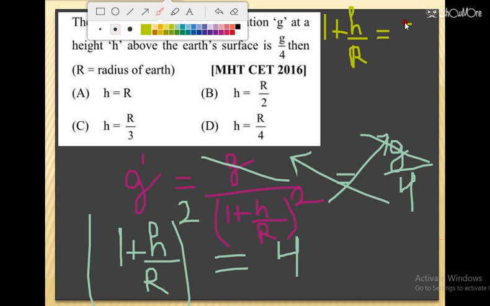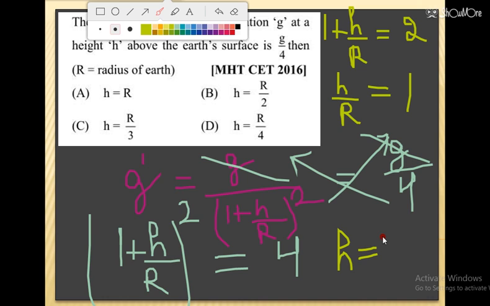Some students have done it by just taking h by r equal to 1. So if you take h by r as 1, that means h is equal to r, which should be your answer in the end. So h by r equal to 2 minus 1, that is 1. If you take -2, then your answer will be negative, that's why we are not taking -2. So h by r is finally equal to 1, and after the cross multiplication h comes out to be